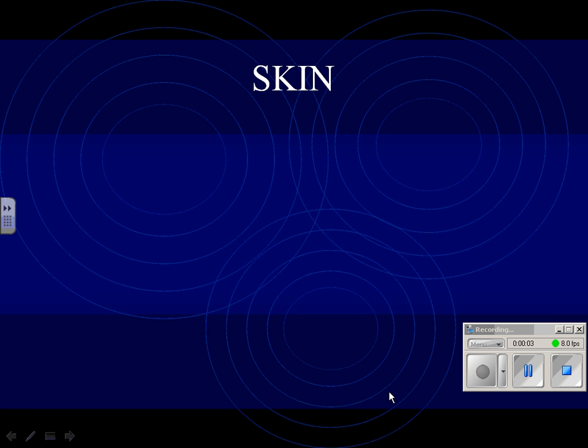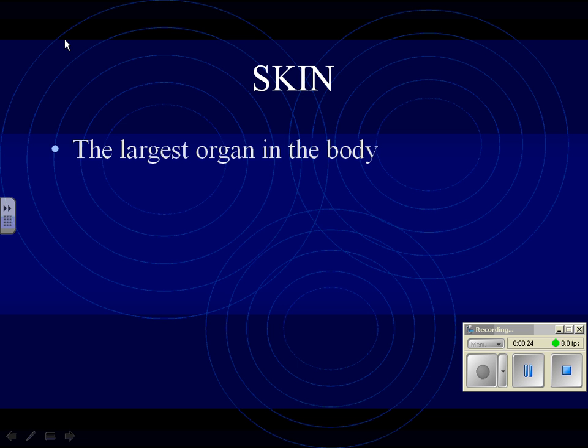So we begin our discussion about the systems of the body today. A quick review about body systems is that, remember that we started with,